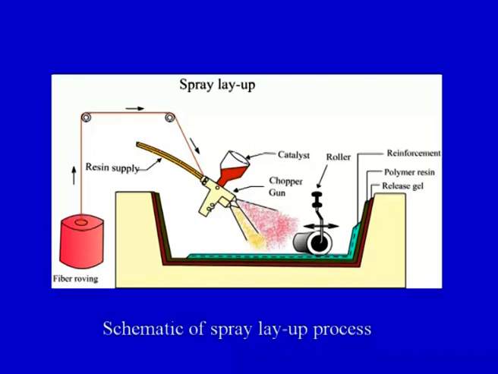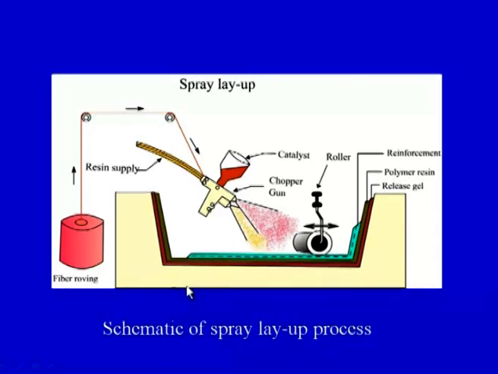So just to start this lecture, let us first focus on what we left in the previous lecture. This is a photograph that we saw in the last lecture also. This is the spray layup process. Again, just to revise, I will highlight the important aspects. There is a fibrous reinforcement and there is a resin supply in the form of this tube. There is a catalyst or the hardener. So resin, hardener and fiber are getting mixed in this spray gun or chopper gun, and the mixture is getting sprayed onto the mold surface. This yellow colored component, you can say, is the mold.